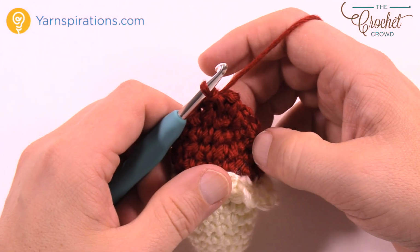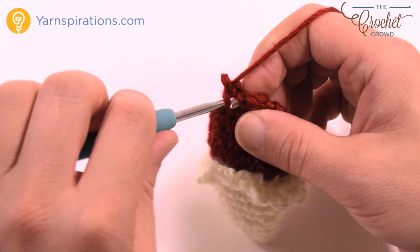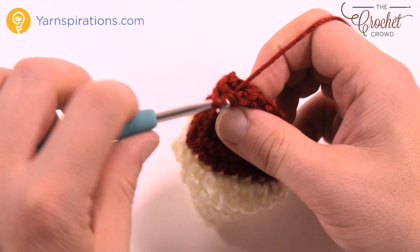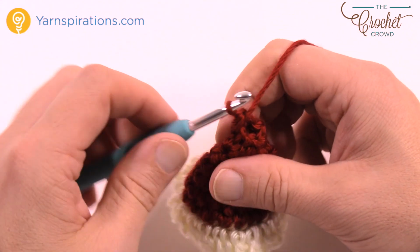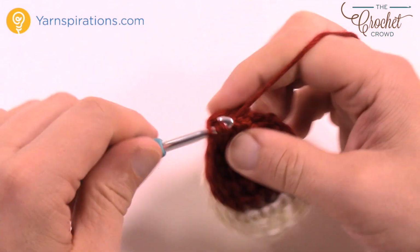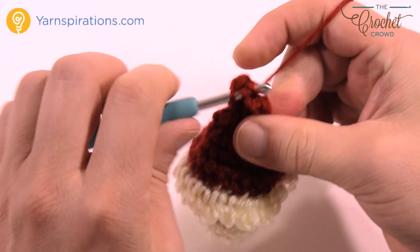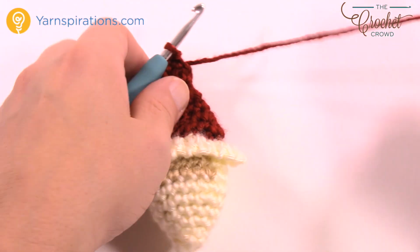And now the final one is that we're going to do 2 together for the remaining. So let's just put the next 2 together, and you can only do it 3 times because you'll run out of stitches. Just keep on going around. So that's it. Okay, and then you want to slip stitch it to the first one that you had before, like so. So now you're going to fasten that off,